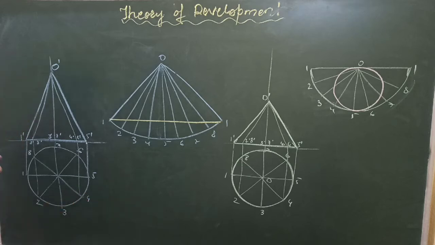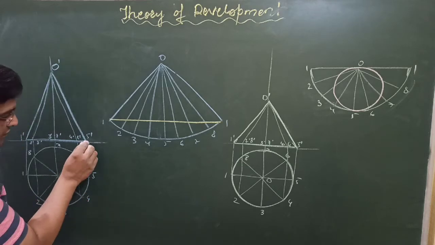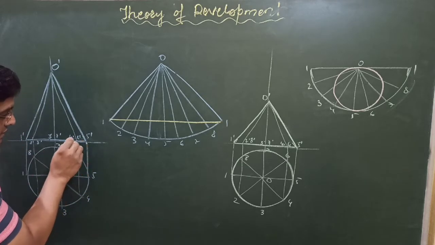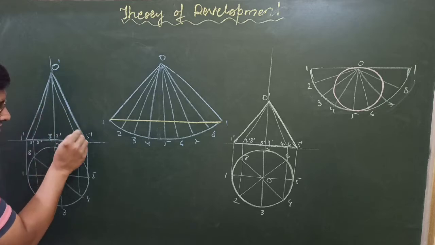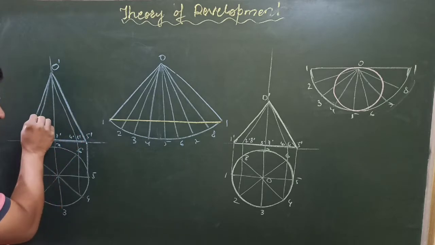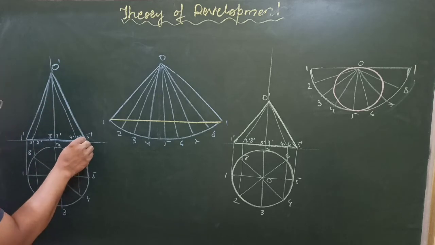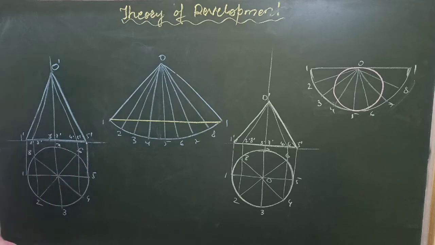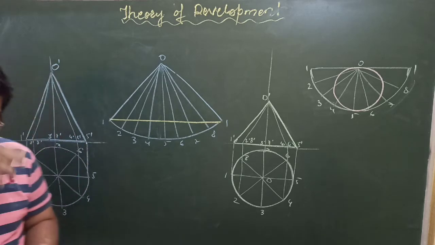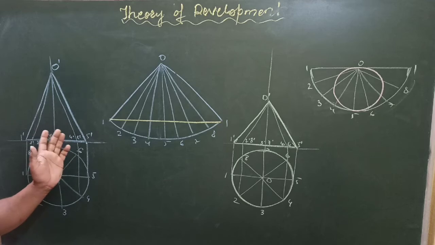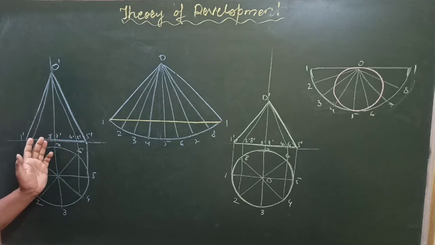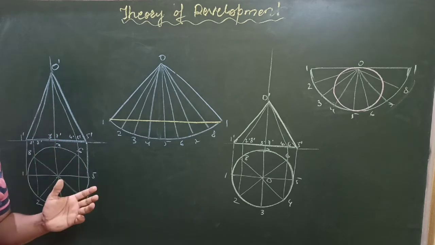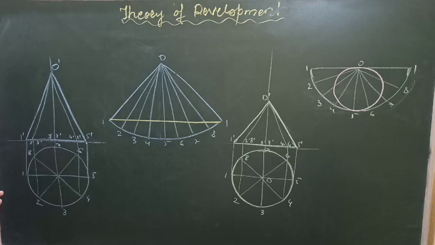So the insect has started, say for example, from point 5, traveled like this, meaning on the lateral surface, and comes back to its initial position of point 5. So this path is the shortest one. No cutting plane like things are given here. Only the shortest path is given.